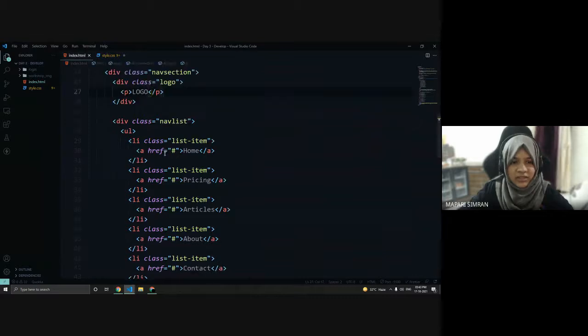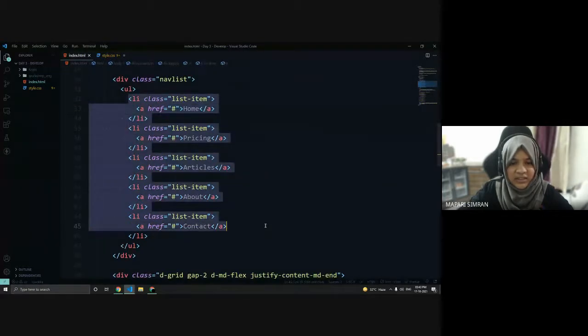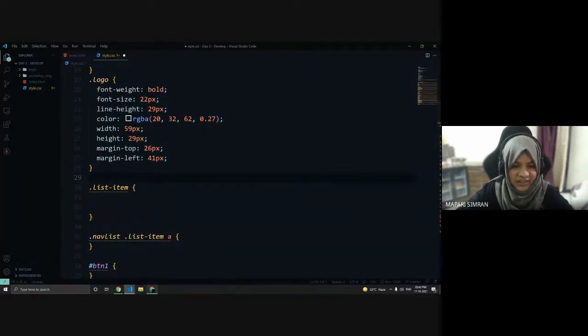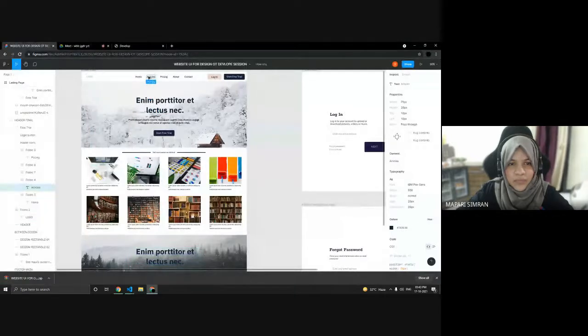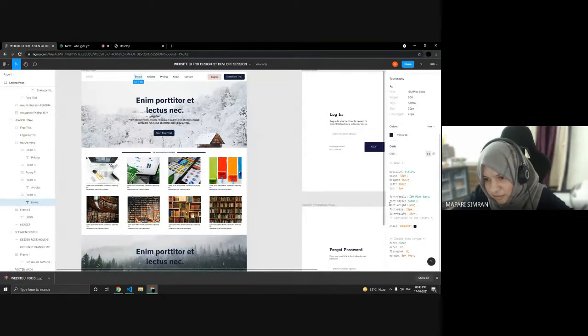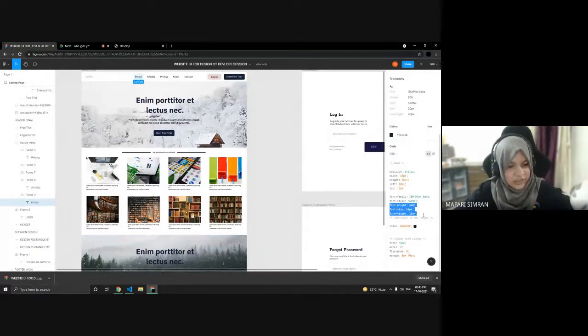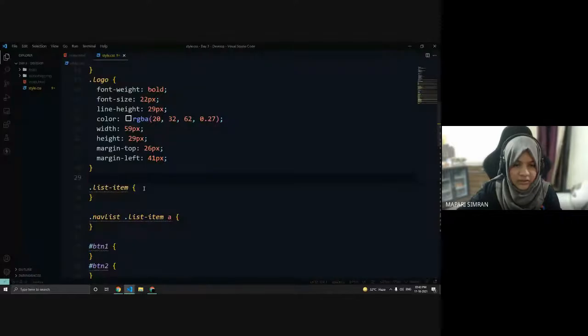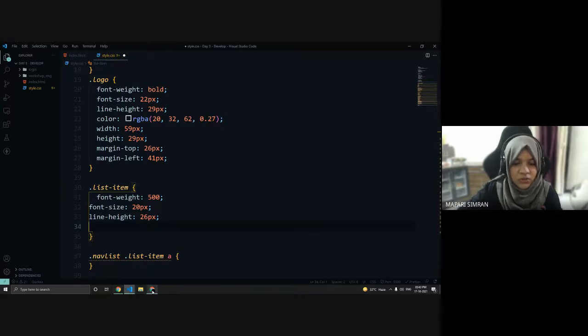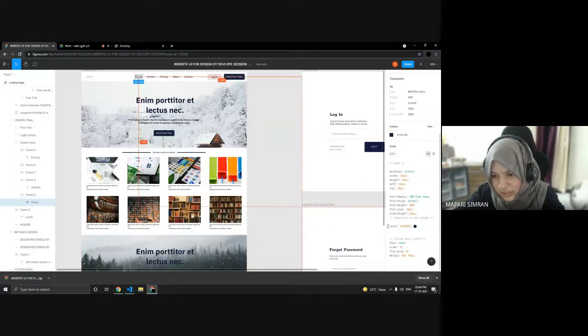Now we'll go to this list item. We want this in the center, and we want to add some color also. So first let's copy what's given from here only. Every link has the same styling. Just click on one and go here in the inspect section. You can find the height, font family, font style, font weight, and everything. So let's just copy it from here and paste it here. And we want color also, so we'll copy the color from here as well.